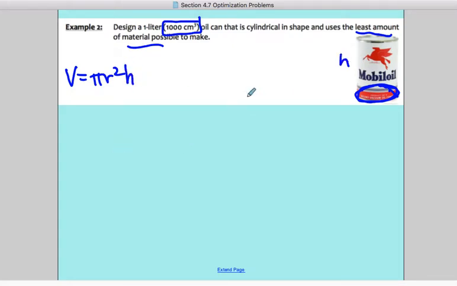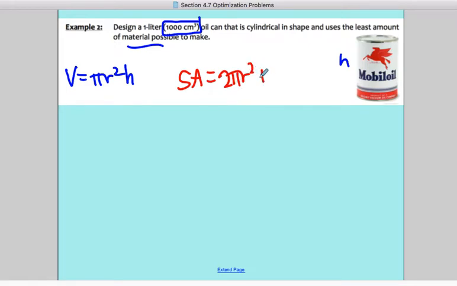The other equation is we are trying to use the least amount of material possible. Well, in order to make a can, that's really asking me about surface area, the outside. So surface area, once again, I would give it to you. Let's just quickly logic through what the surface area would be. The surface area would have 2 circles, right, the top and the bottom. And so the area of a circle is pi r squared, but I have 2 of them, so 2 pi